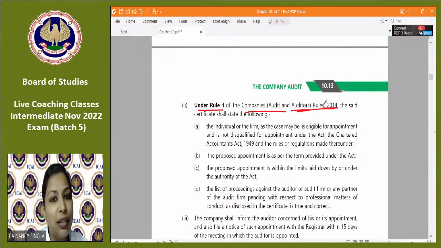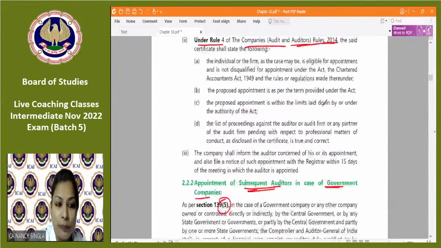Secondly, auditor will write that जो भी appointment होने जा रहा है, it is as per the terms which are provided under the Act, ठीक है। Third, auditor will specifically give a certificate that the appointment that has been made, it is within the limits, section 141 subsection 3 clause G, है ना, कितना number of audits he can take, so it is within the limits as prescribed under this Act, ठीक है, clear।